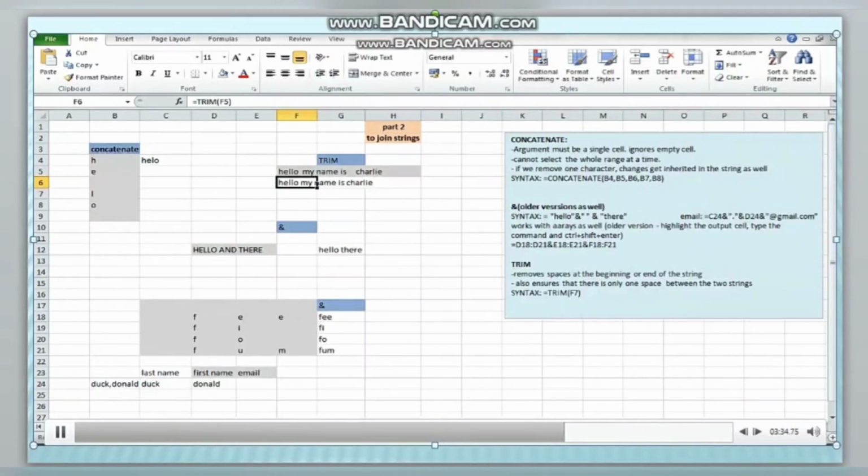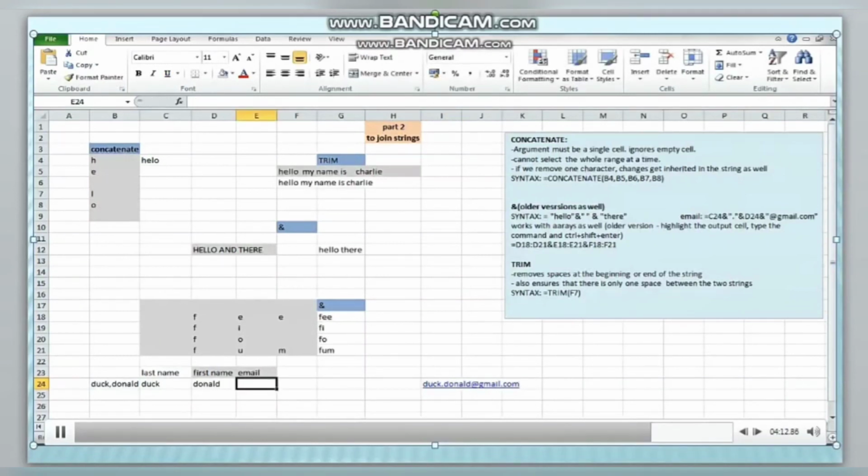Using all these text functions, there is a small exercise for you all. I'll show you an example here. In the last part, I showed you how to separate the last name and first name from this string. Now I have to write the email using this last name and first name via the AND function. So to make an email, I have to make it as follows: duck.donald@gmail.com. To write this email, I will use the AND function.